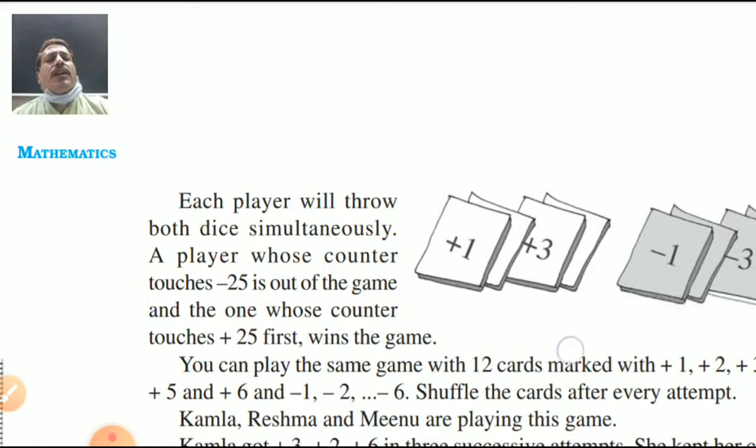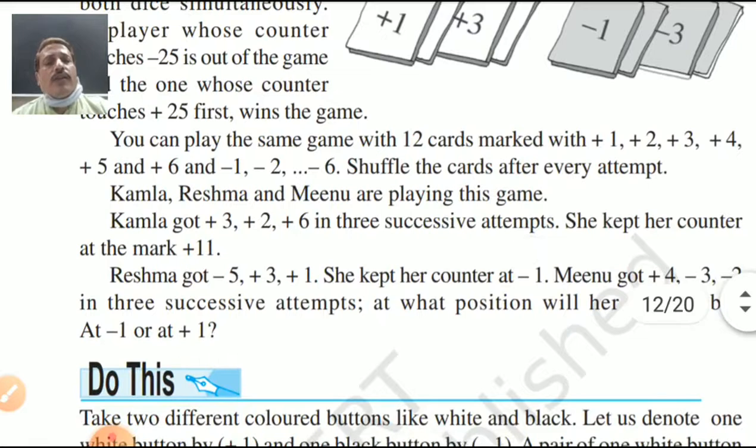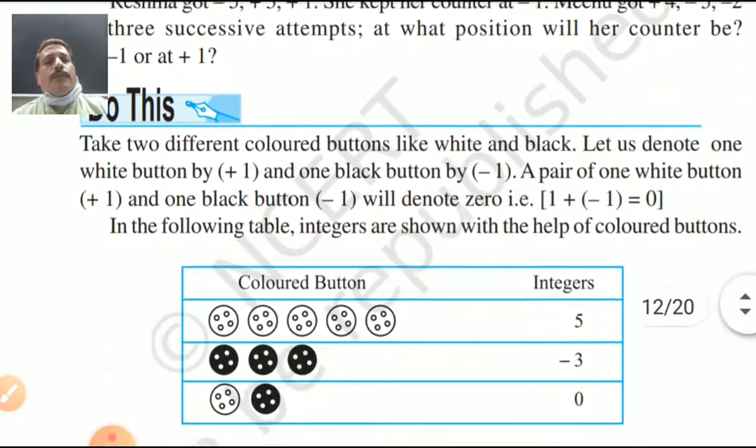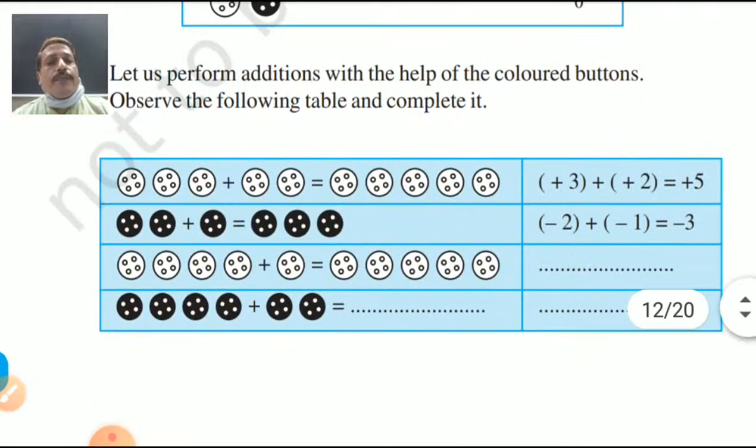Or sometime you can take chit paper, one chit paper positive number, one chit paper a negative number. Or you can use the calendar to play these types of games. There are the numbers 1 to 30 written. You can cut out and collect the colors, blue color and red color, positive, negative. Some buttons are there. Okay, some good games are there. You can make red color buttons positive and blue color buttons negative numbers. Yes, good. See here, you can join it and find out the answers.